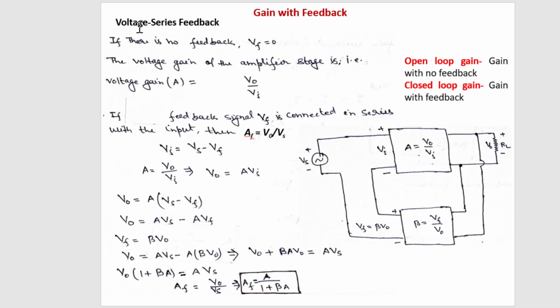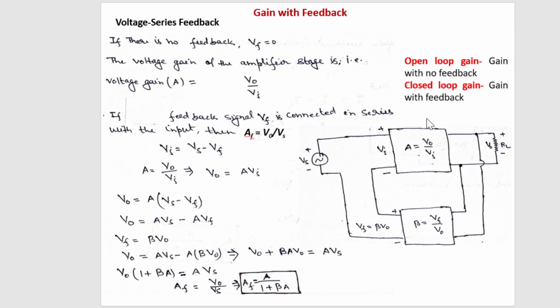Gain with feedback in voltage series feedback. This is the voltage series circuit. We know that here we have output as voltage, and we are connecting this output voltage in series with a voltage source. When we do the series connection, we always connect in series with the voltage. So we have output voltage, and at the input we have a voltage. A fraction of the output voltage is fed to the input through a feedback network. Here plus is connected to minus and minus is connected to plus. That is basically a series combination.